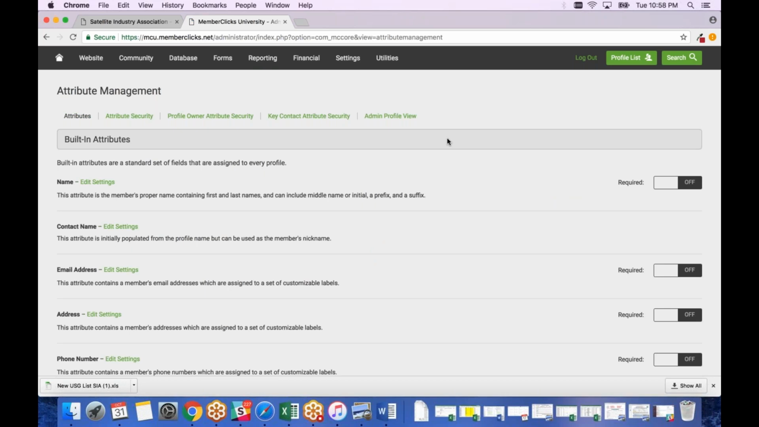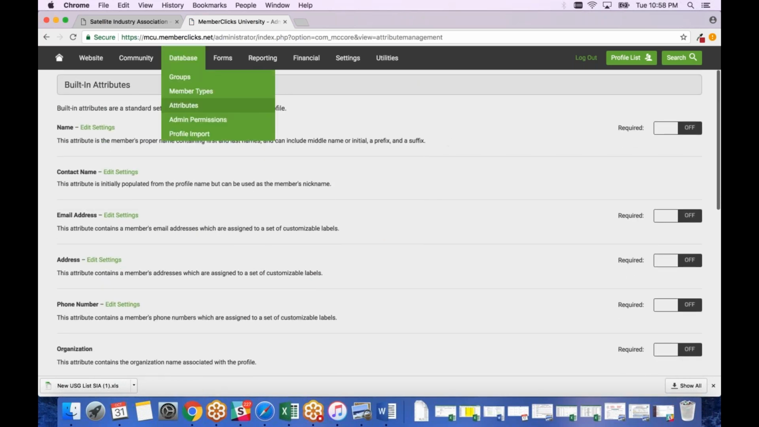We have separated our attributes out into 3 different sections. The first section you'll see here on my screen, these are built-in attributes. So you'll notice this is going to hold things like name, email address, physical address, phone number, and organization. Now these are built into the product because just about everybody out of our 1,800 plus associations we work with collect this information on their members. So you can't get rid of these from our product, but you can change these and specialize these to fit